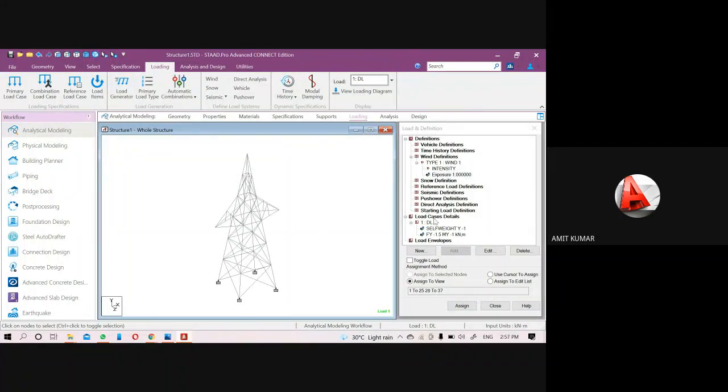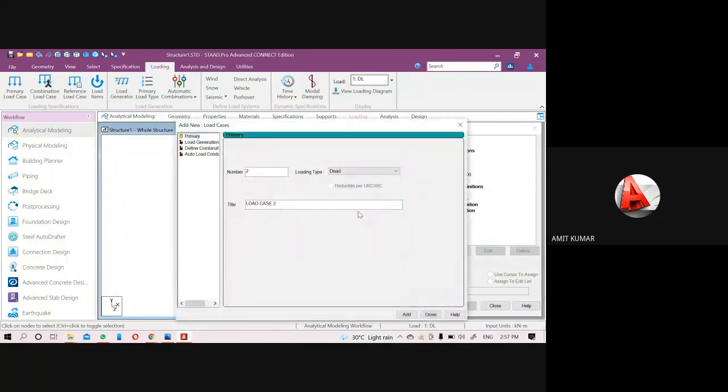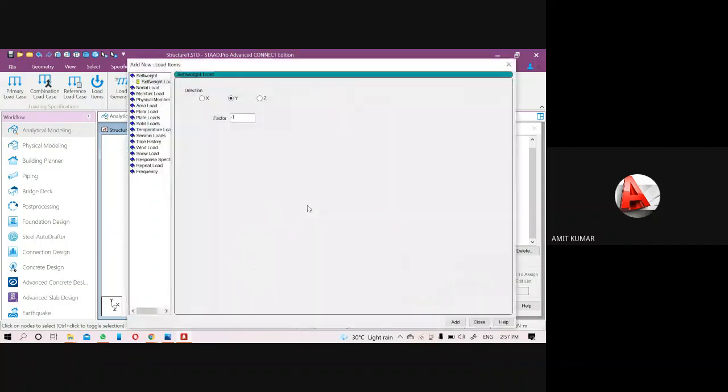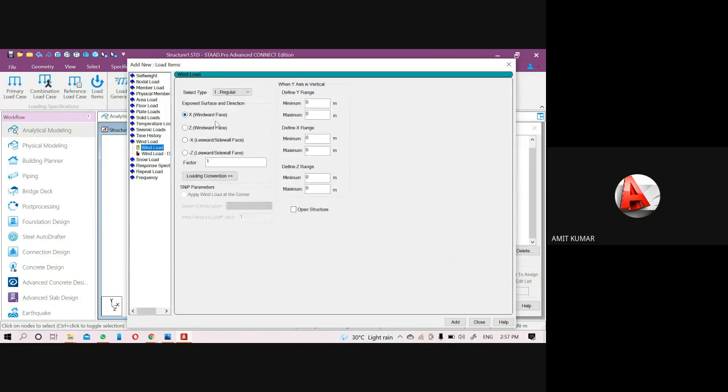Now come to the load case detail. Pick the wind load. To add it from the X direction, go to the wind load and pick the direction X. Okay.